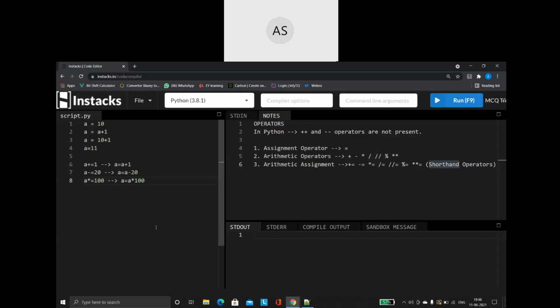Right. So I'll just run a small program also and show you. So there you go. I am giving the current a value as 10. Then I am saying print a plus is equal to 20. So I'm just incrementing the a value by 20. Then I'm saying print, okay, a minus equal to 5. So let us first run these two and see how it is going to be working for us.